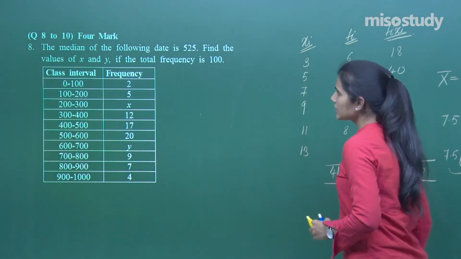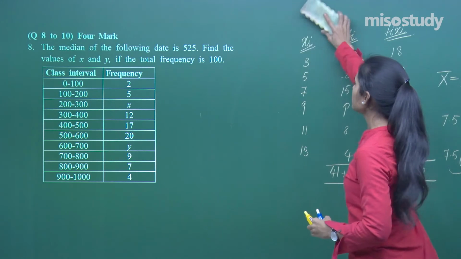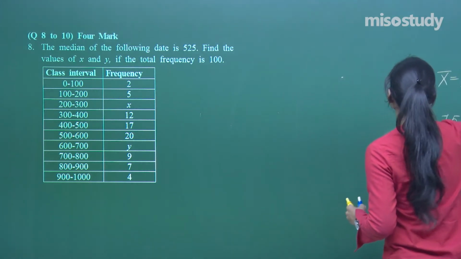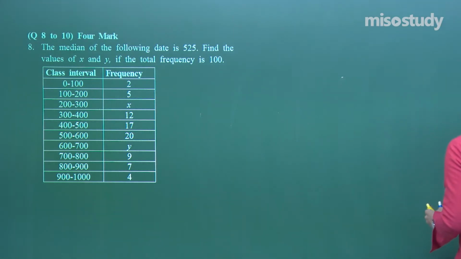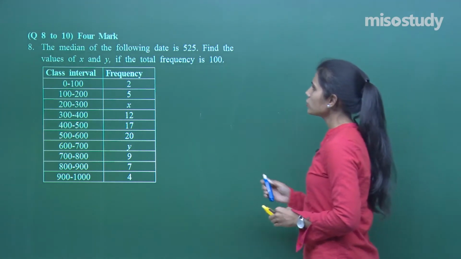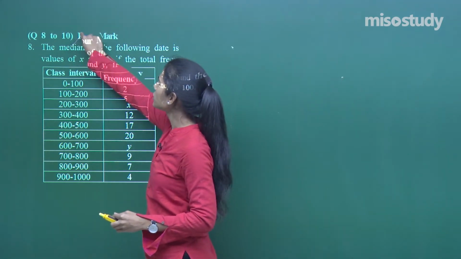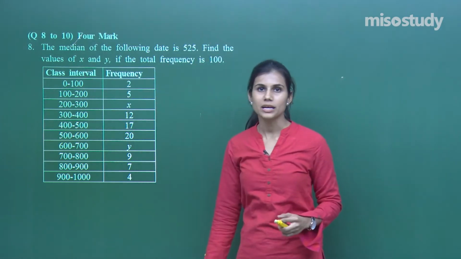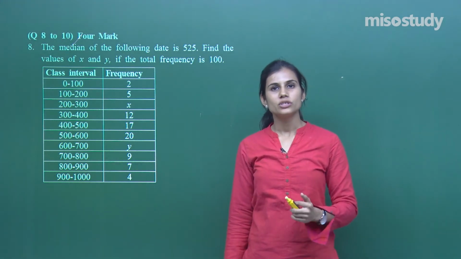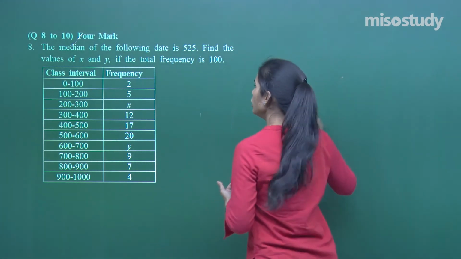The median is given to us. Find the values of x and y if the total frequency is also given to us. Now, please try to get this very, very clear. The moment we are talking about median, we are always going to require one more column apart from class intervals and frequency, which is cumulative frequency. So, you have